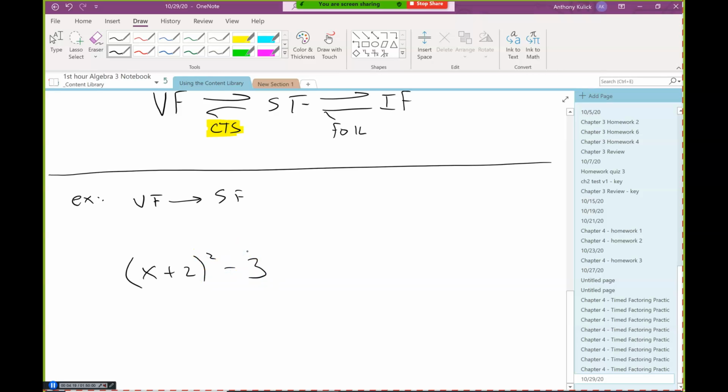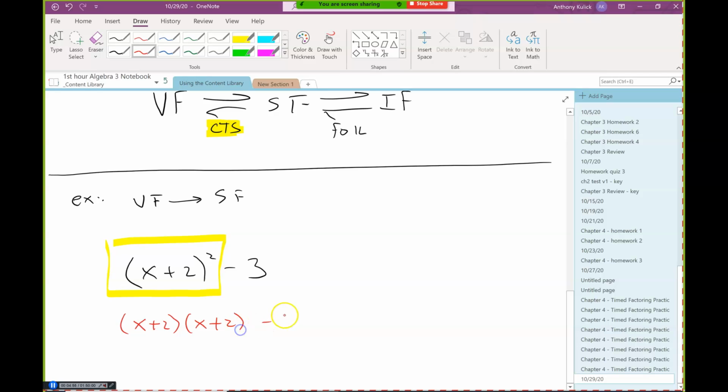So let's say we have x plus 2 quantity squared, minus 3. So that's something that's in vertex form. And we're going to expand that to get it into standard form. So remember, when we say expand, that's talking about dealing with this parenthesis squared, right? And we said that the way we deal with that